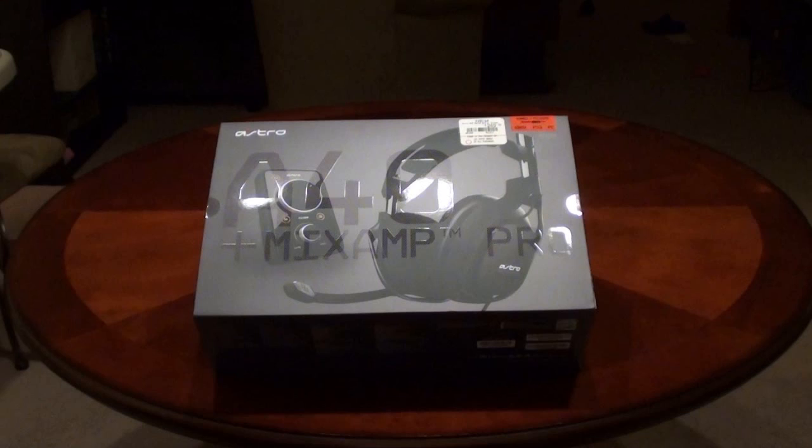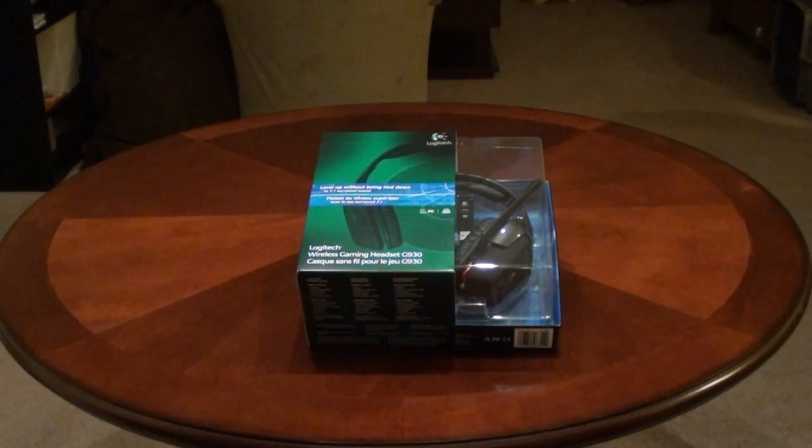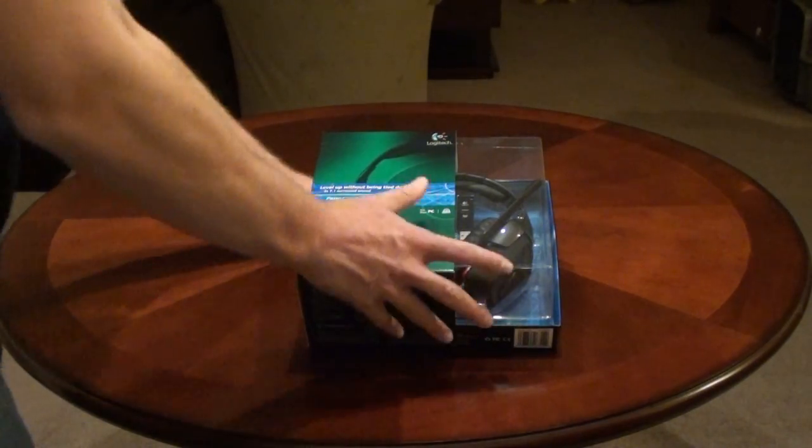Nathan had recommended the Logitech, what is it, the G930. So I was like, dude, I really don't want a wireless headset. I like the wired thing, you know, the charging and all the business. I'm not a big fan of that. But lo and behold, the Logitech G930 comes in, and I start breaking this thing out of the box, looking at cables, looking at the headset, all this stuff. I have to tell you, ladies and gentlemen,